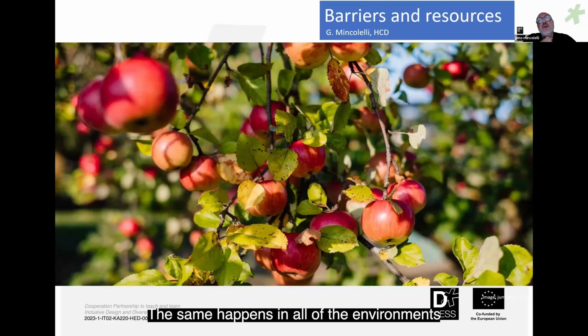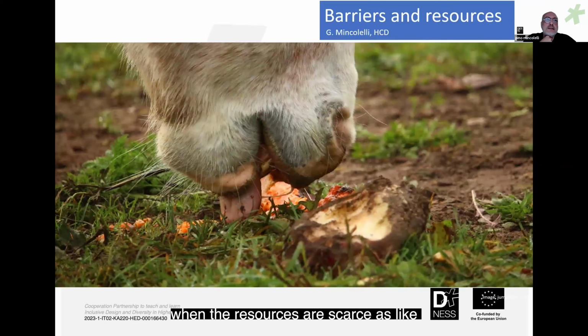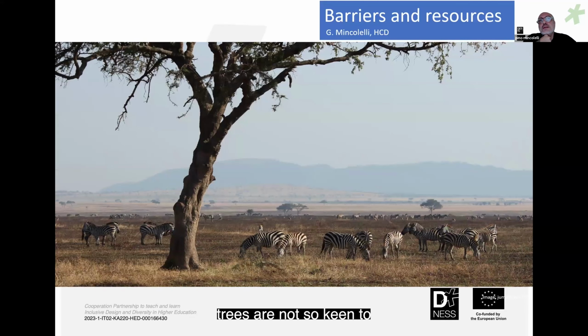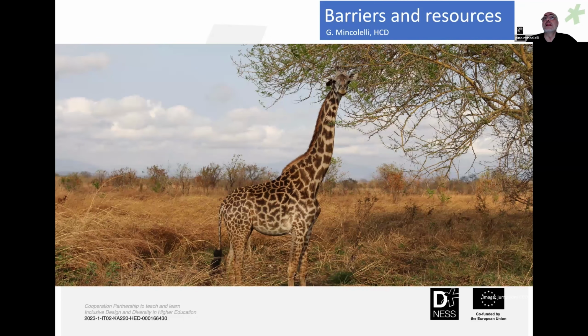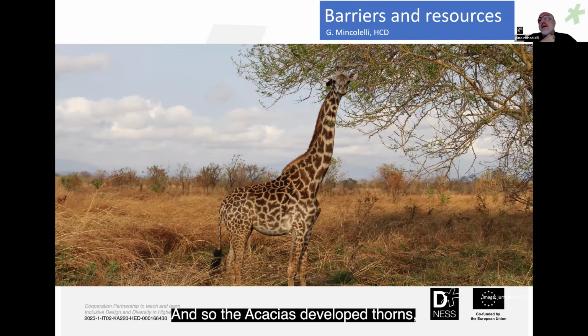The same happens in all environments. When resources are scarce, as in the savanna in Africa, trees are not so keen to share their fruits with all the animals, and they make long, very high branches to avoid animals eating their leaves. But the giraffe developed a design solution, a long neck, to reach even the highest leaves. And so the acacias developed spikes